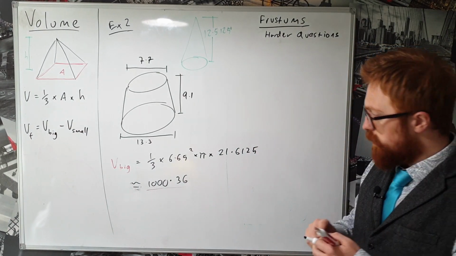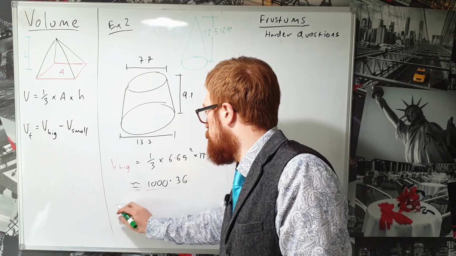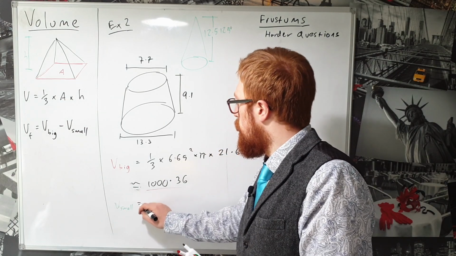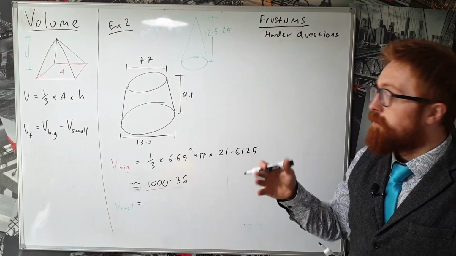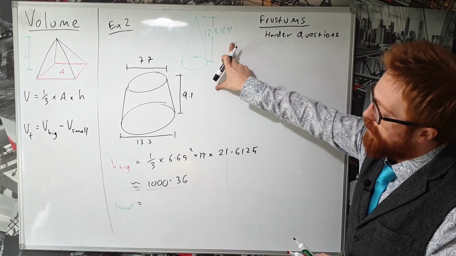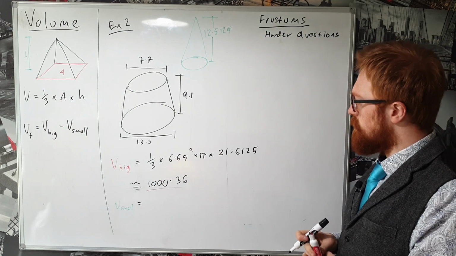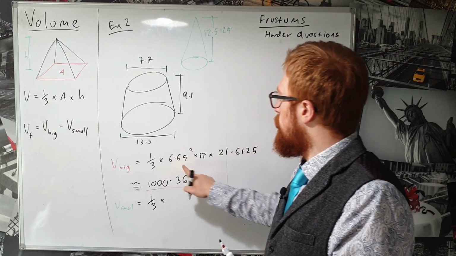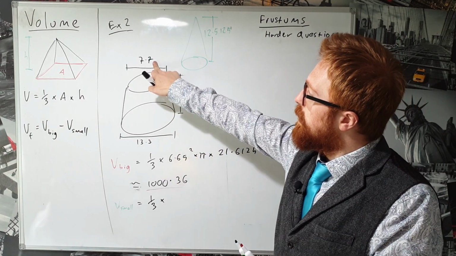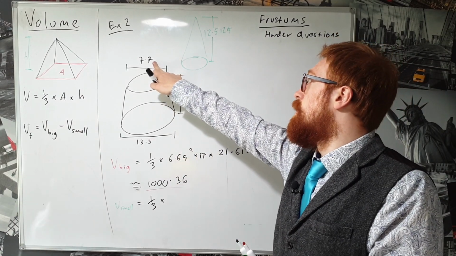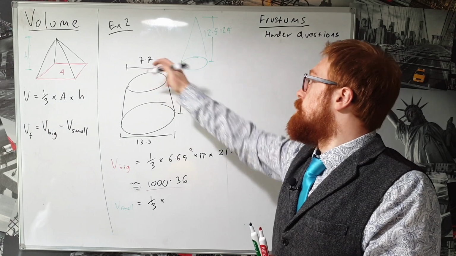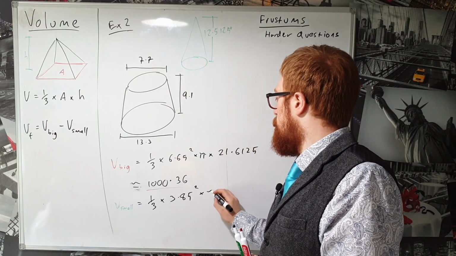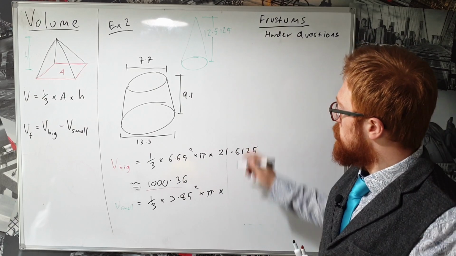Now let's work out the volume of the small cone. And I think the volume of the small cone is probably slightly easier to work out because the measurements we're given are a bit more direct. We don't need to worry about working out the height of the big cone. So let's work that out now. So it's going to be 1/3 times by pi times the radius squared. Now the radius here is half of 7.7, which is 3.85, times pi times by the height of the small cone,